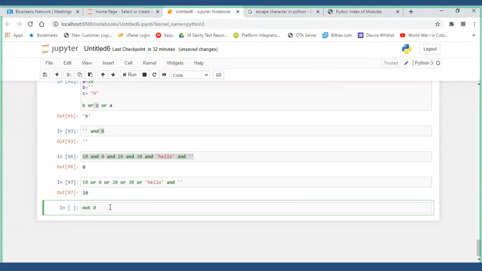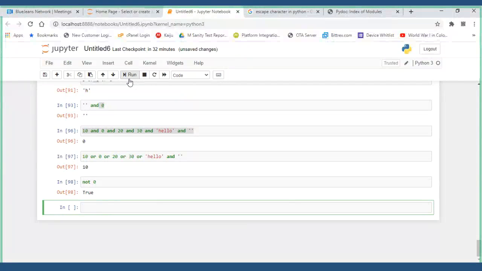Correct, 0 is false. 0 or an empty string is false. We know that. So not 0 means the negation of 0. Negation of false is what? True. The reverse of 0.